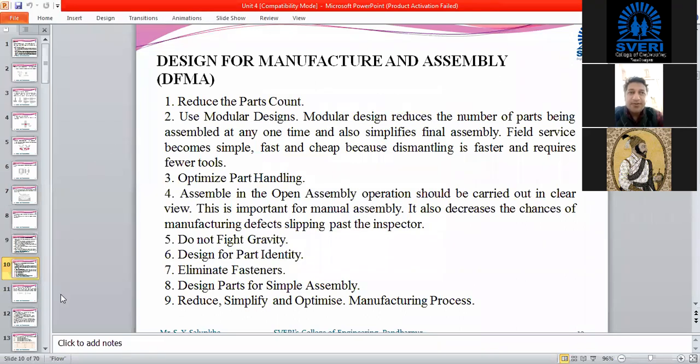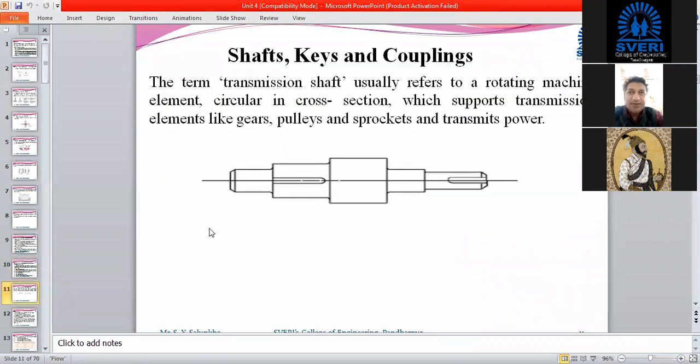Okay, if not, we are going to move further to the next part of this unit, that is design of shaft, keys, and couplings. Shall we? Okay. Before going to design of shaft, keys, and couplings, step by step we are going to see. First of all, we are going to see the procedure by means of which we can design shafts, later on keys, and later on couplings. So before going to that, let me ask one question: how can you define a shaft?